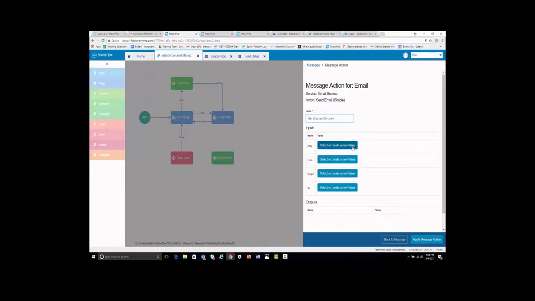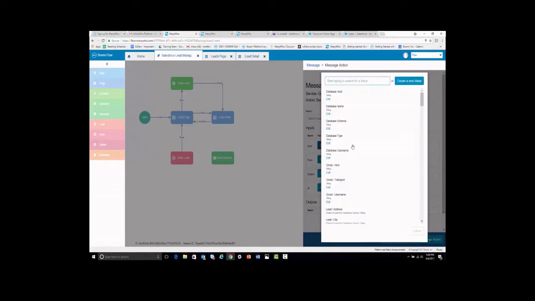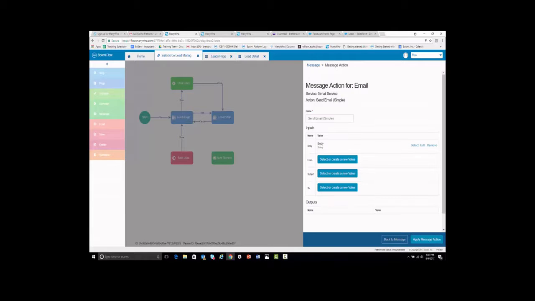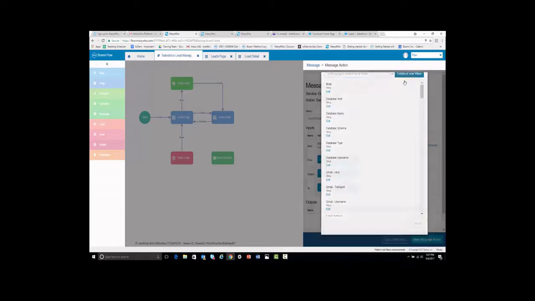So we're going to select or create a new value for the body, and we're going to create a new value here. And for the body, we can pretty much leave the body string. We're just going to have to put some information in here for the default. So we're going to say your information has been added to your Salesforce account. And then we'll say thank you. Then we'll click on save, and then for from, we're going to click select or create a new value, create